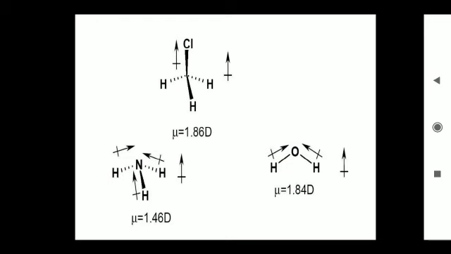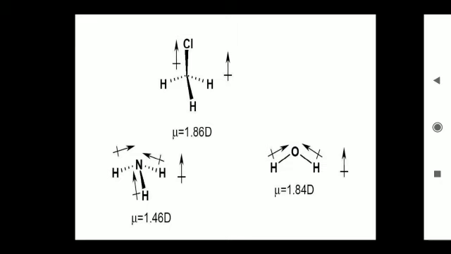By observing water, the dipole moment occurs from the positive ions to the negative ions. In water, the positive ion is hydrogen and the negative ion is oxygen. While observing ammonia, nitrogen is the negative charged atom and hydrogen is the positive charged atom, so the dipole moves from hydrogen to nitrogen. In hydrogen chloride, hydrogen has a positive charge and chlorine has a negative charge. The dipole moment occurs from hydrogen to chlorine.